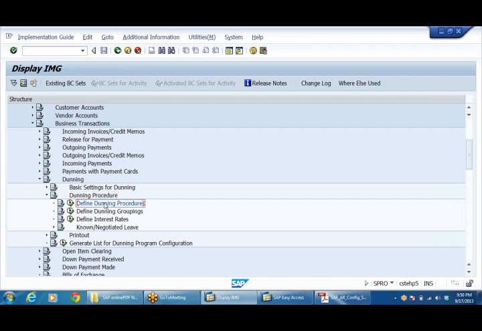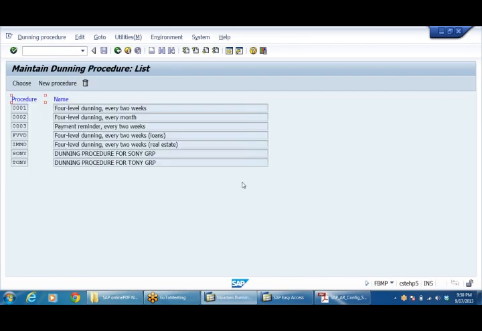Right, dunning is a German word. To dun means to remind. So I'm going to define our own procedure, a new procedure.